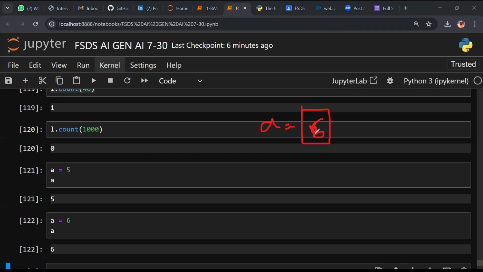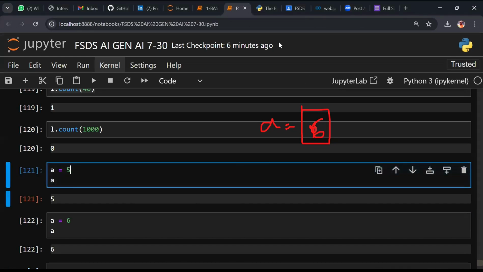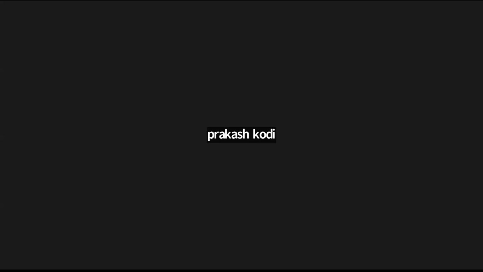I'll tell you, in real time, problems are solved by objects. I want to speak with you. I use my microphone or not? This is an object. You want to travel from Hyderabad to your home. We use an object, a train. That's why Python is object-oriented programming, and we need to learn OOPS concepts for that.